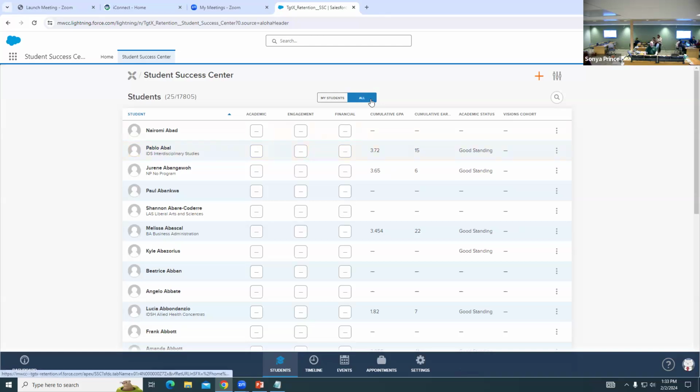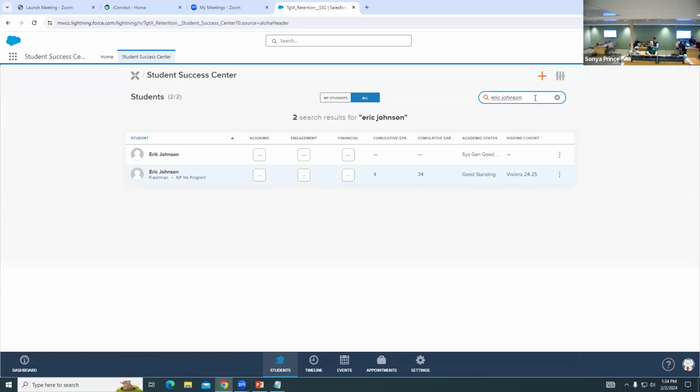When you're looking at this list view, you have a search function here. So if you hover this little magnifying glass, you'll get a search here. Using this, you can search on basically any information that we have on the student. You can search by name, phone number, email, Banner ID, social security, any of that stuff. If we have it and it exists on the student record within Salesforce, you should be able to use this search function to find it. So if I just look for myself,